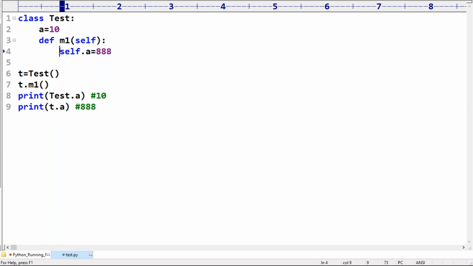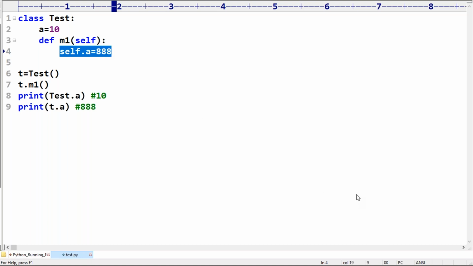If we try to update a static variable by using self, what will happen is a new instance variable will be created for that object. Clear, right?